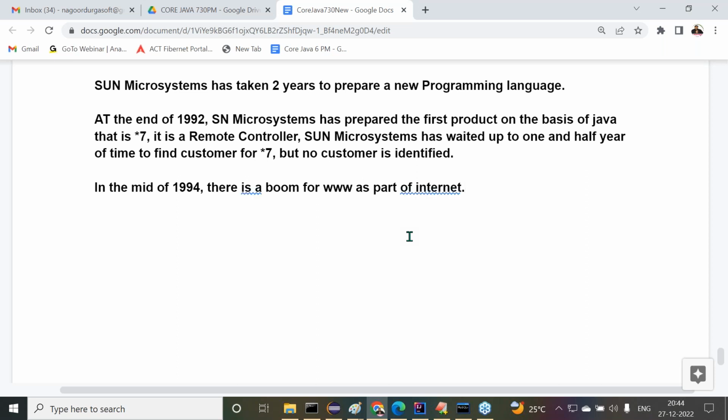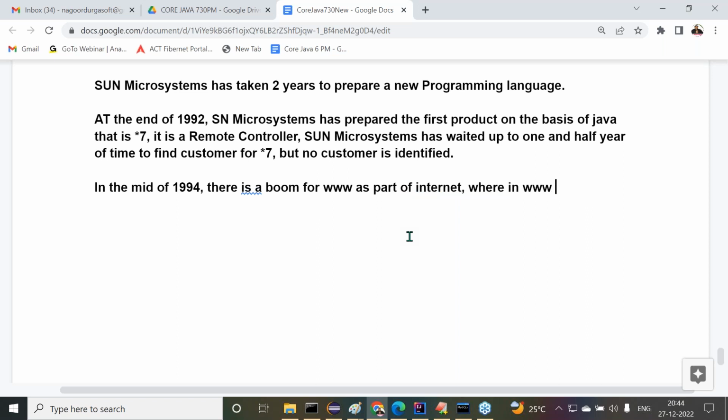By that time the internet era had started outside India. In India, the internet era started around 2000, 2001. But outside India, it started in 1994, with a very good boom for WWW.